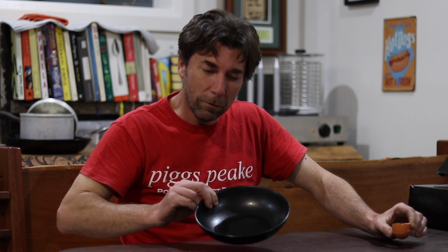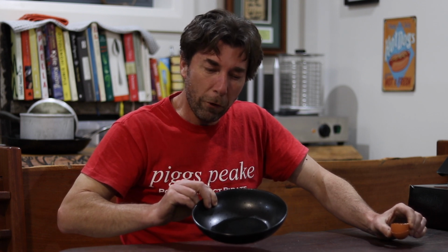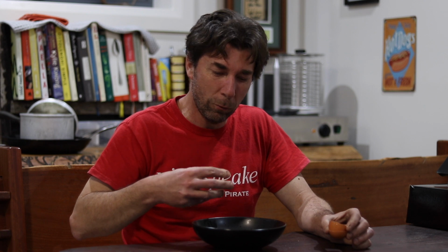Now the egg whites themselves are again proteins which have a shape and a charge, and we need to dissolve them into the wine in order to get them into a form that can actually react with the compounds we want to remove. So what we'll do with an egg white like this, which has a volume of about 30 mils, we'll dissolve it in say 1 litre of salt water,